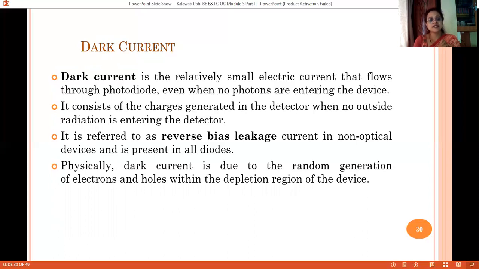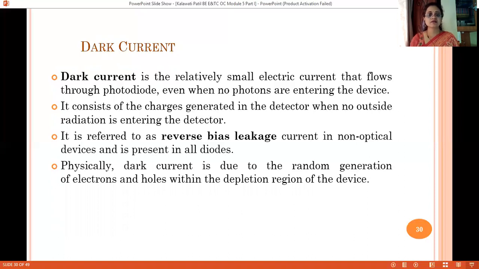Now imagine what if no illumination is there. We are not shining light on this photodiode. Will there be no current in the photodiode in such a case? After lots of experimentation, the researchers observed that under no illumination condition, a certain current flows, and hence they term this current as dark current.